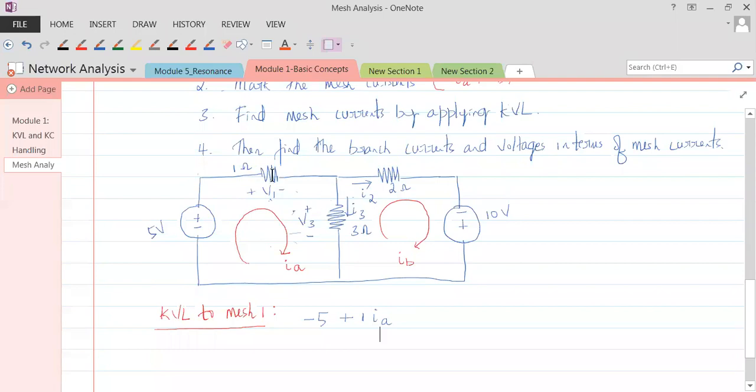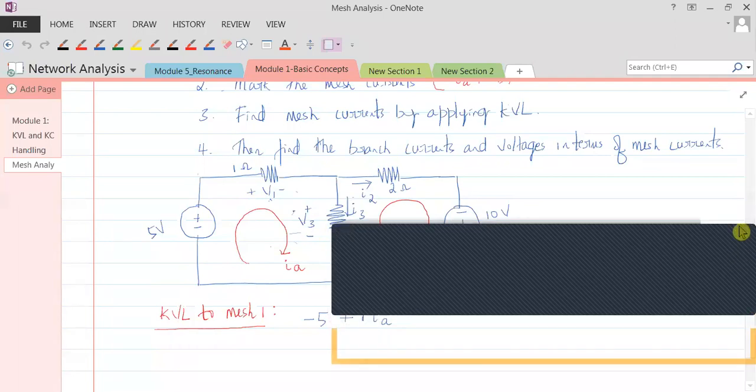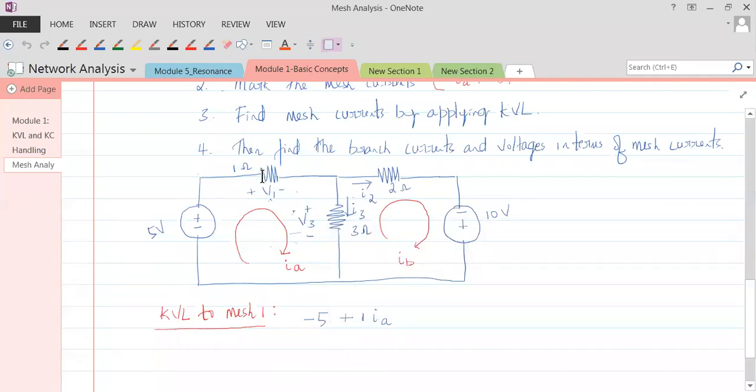Fine. Now, in this 1 ohm, there was just one mesh current flowing. Everybody, this is very important. Through this 1 ohm, there is just one mesh current flowing. Through these 3 ohms, how many mesh currents are flowing? I3 is a branch current, I2 is a branch current. Let's not talk about these now. We are asked to find I1, I2, I3, V3, V1. Let's not talk about them. We have to talk only in terms of mesh currents till we find the mesh currents. Once we have mesh currents in hand, then we shall bother about that later. Okay. Now, observe, through 1 ohm only IA is flowing, so it is 1 IA.